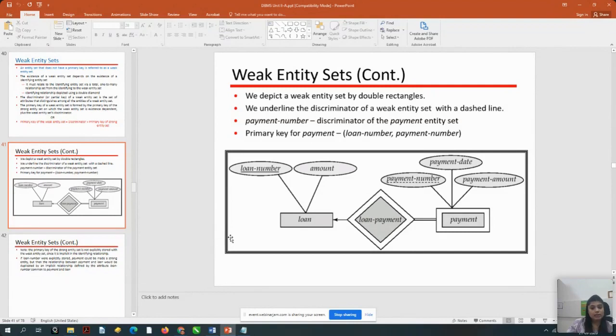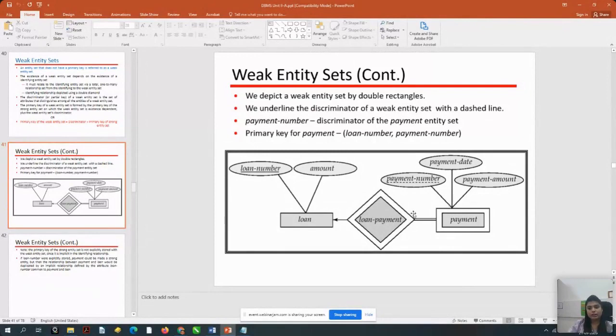And since you can notice that there is no primary key, if you don't have the primary key, then how do you link these two tables? Because whenever you link two tables, two entities, the attribute which you select in the primary table should be the primary key of the other table. But since it's a weak entity set, it does not have a primary key. So what will you do in this case? You need to find out the combination which can be used as the primary key of the weak entity set.